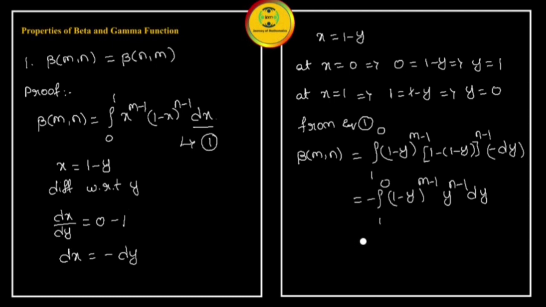Now we have the property that integral a to b f of x dx is equal to minus integral b to a f of x dx. So if I change the negative sign, the limits also we can change. So as per this property we have